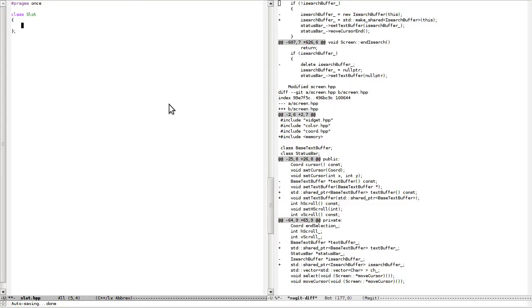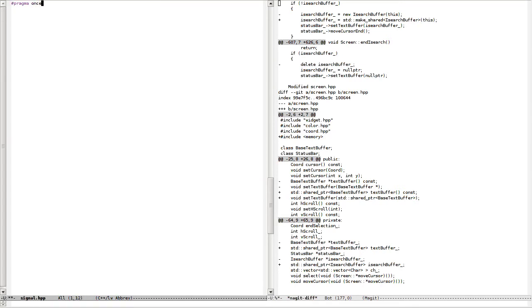Like for example, void some slot. And we can connect some signals with it. So we can have signal, we can connect, and basically we do not need slot. Basically we need